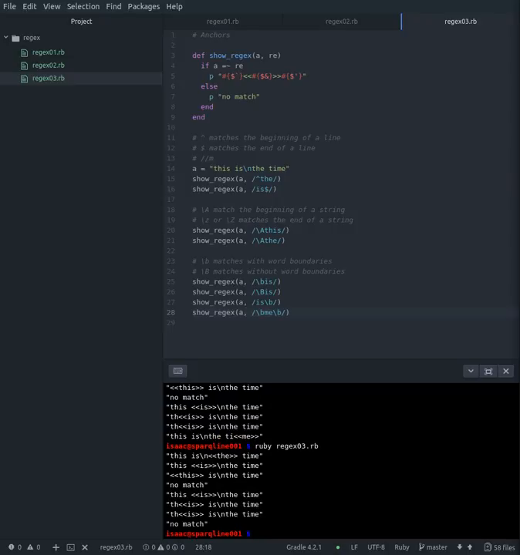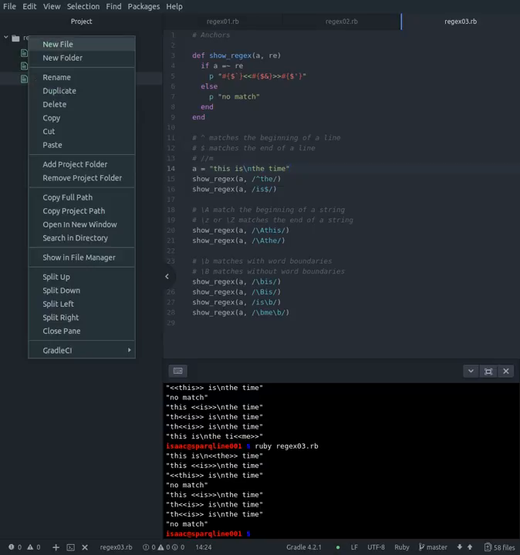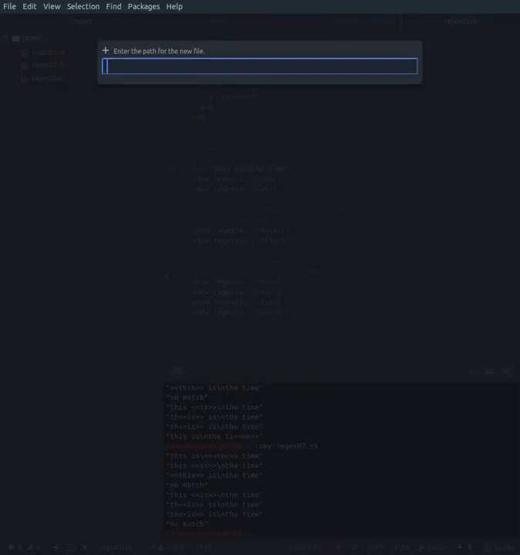So the next thing we're going to be looking at, and this is a really long example, is what we call character classes. This is how we define actual sections or special classes for different characters that we're looking for. And this is the beginning of constructing more important and larger pattern examples. So we'll call this